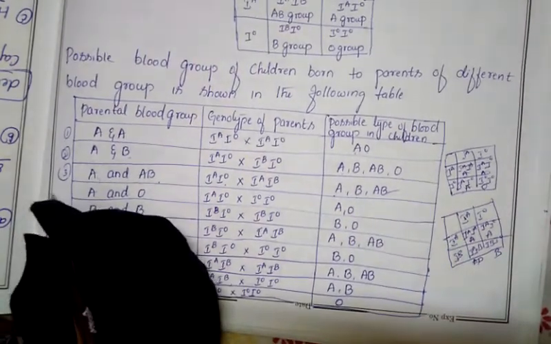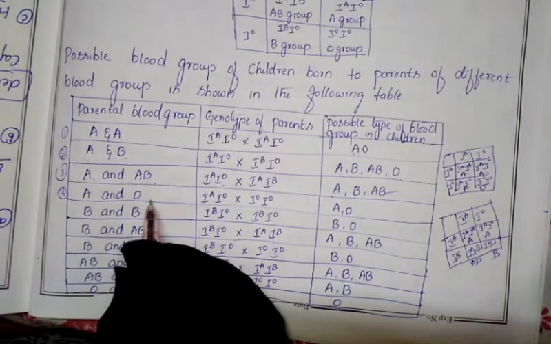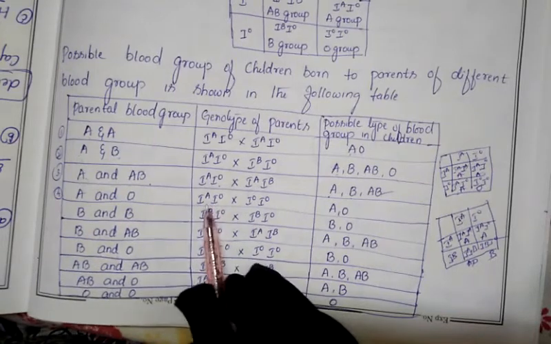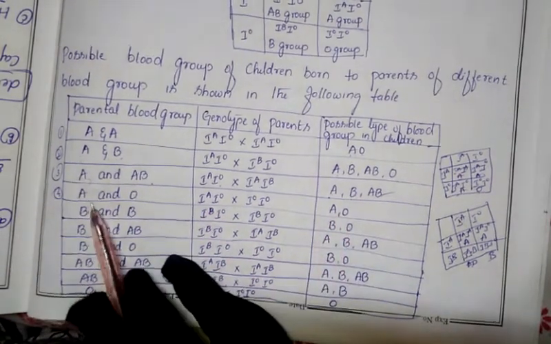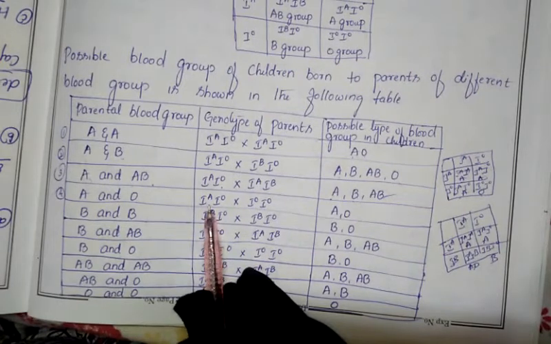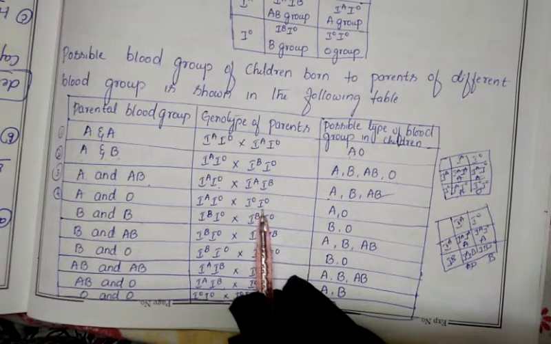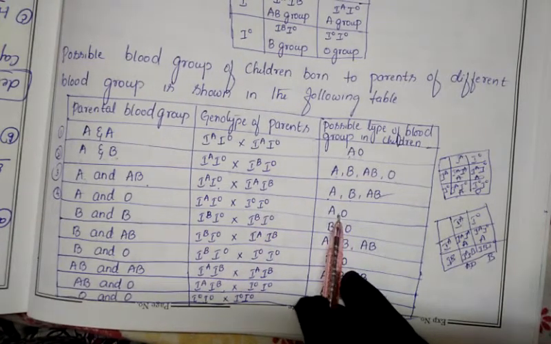Next, the fourth case. If the parents have the A blood group and the offspring have the O blood group, then in the children, which type of blood group may appear? A and O. If you write the genotype as IA IO, then IO will come. So A blood group and O blood group will appear in the offspring. This you can also calculate here. I will show you.